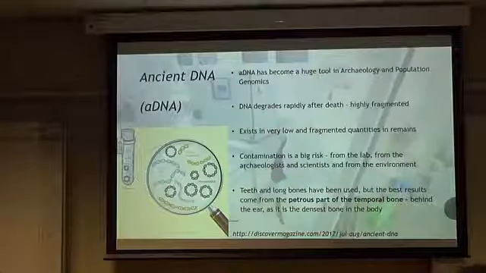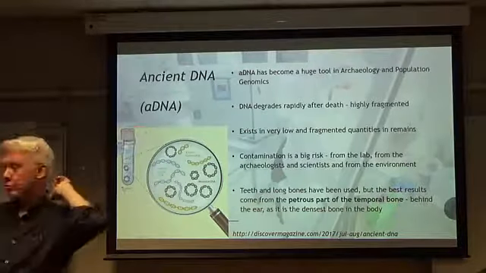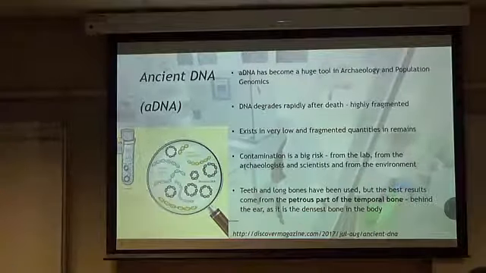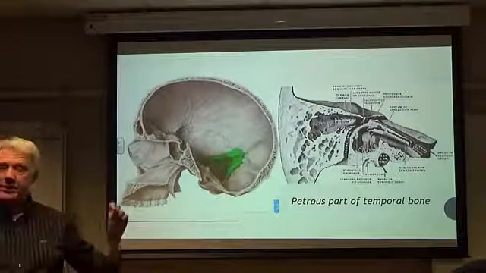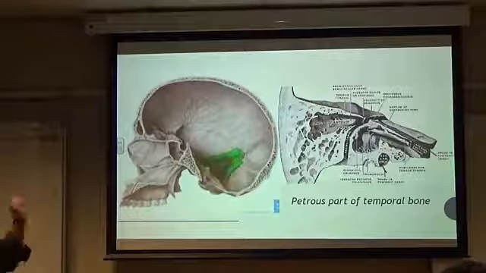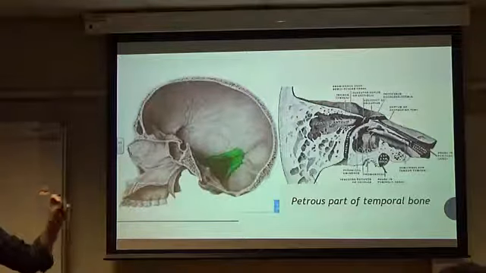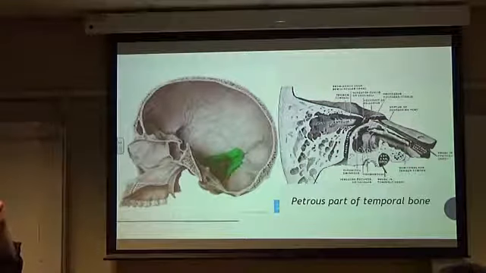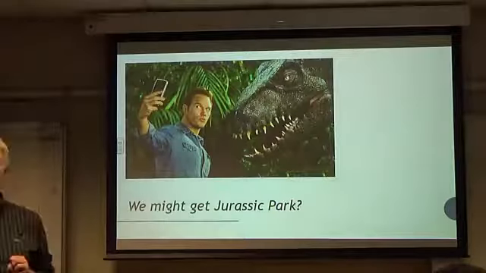But more recently it's been found that the best source of ancient DNA is the petrous part of the temporal bone, which is right here, behind your ear. It's essentially the housing for the inner ear. You see the map here in the skull, and the petrous part of the temporal bone is very, very solid, very dense. So there's lots of bone material there. You can shave off the outside and you've got better chances of getting original organic material from the specimen that belonged to the person in life, and therefore a chance of reading the DNA of the actual person you're trying to read. So techniques have been enhanced a lot over the last several years, and